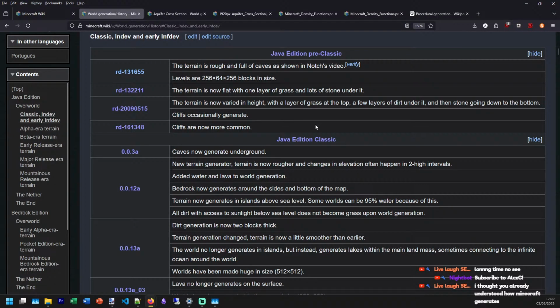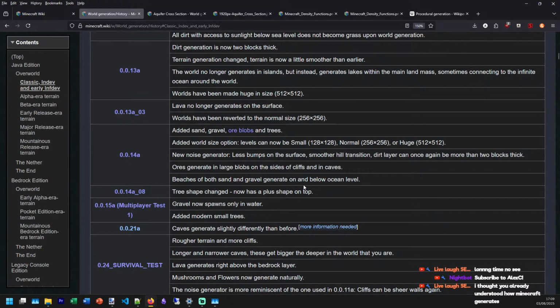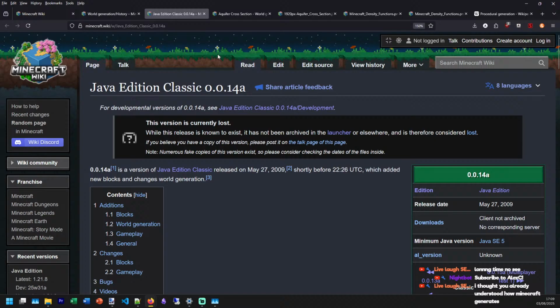You know what? We'll go for a history lesson for now. Meantime is more engaging. I think the beta world generations are the most exciting ones. If we look at 0.0.14a, we go, exactly what we want.